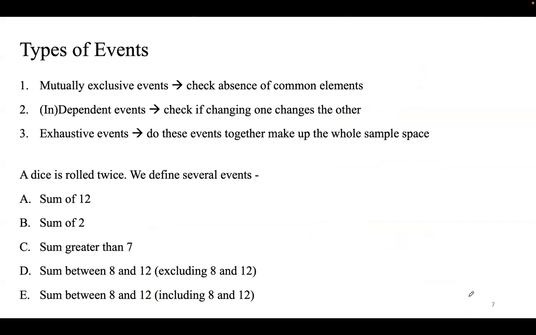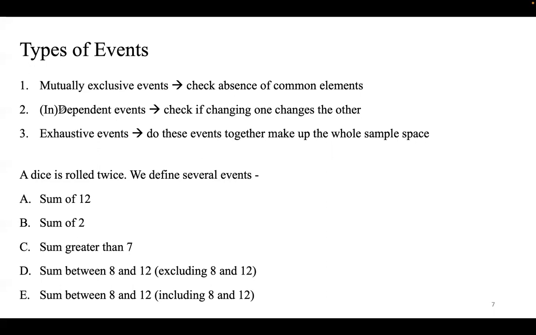And then we talk about the types of events. So these 2 names, the first 2 especially, came very often in many of the lectures: exclusive events and independent events. And last time one of you also asked about exhaustive events. When we are talking about mutually exclusive events, it means that when you're defining events, you're defining each of the possible elements in these events, and you're checking if there are any common elements or not. If there are no common elements, then they're exclusive of each other. Nothing is common, right?